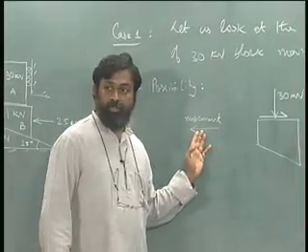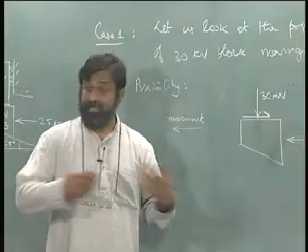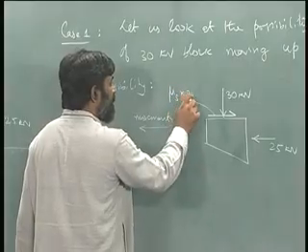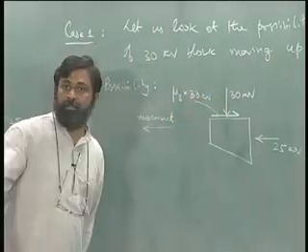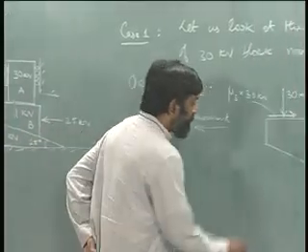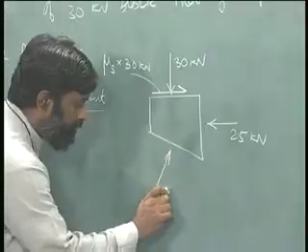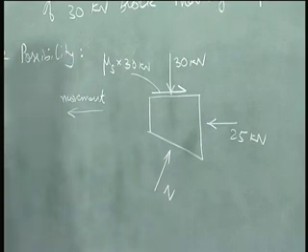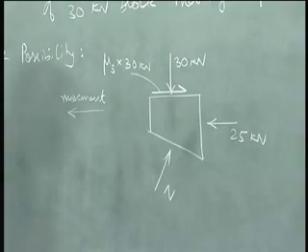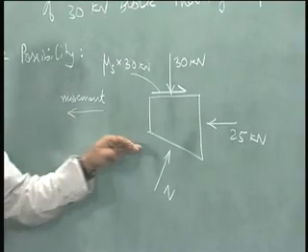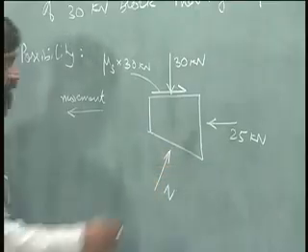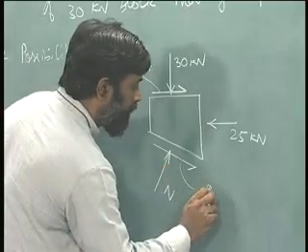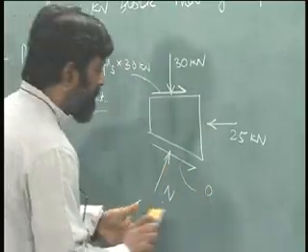Given that it is going to move this way, the static friction will reach its limit, equal to mu s times 30 kilonewton in this particular case, because 30 kilonewton is the normal force that I know. Here there will be a normal force. Of course, if there is equilibrium, I can find this force. If there is acceleration, then we need to worry about it later. And again, since the movement is in this direction, there is a resistance offered in the opposite direction to the movement, and therefore this will be mu s times